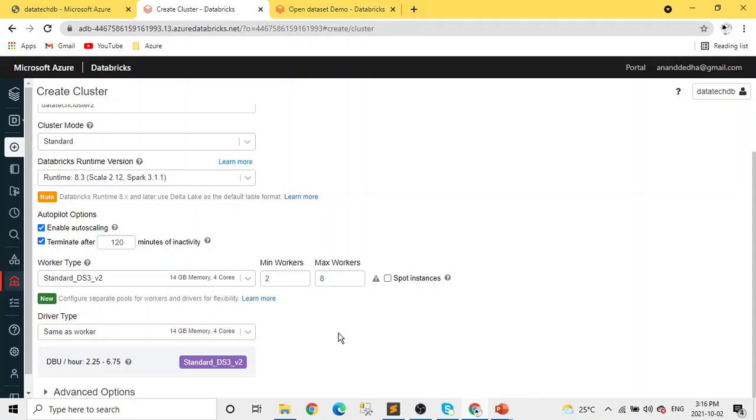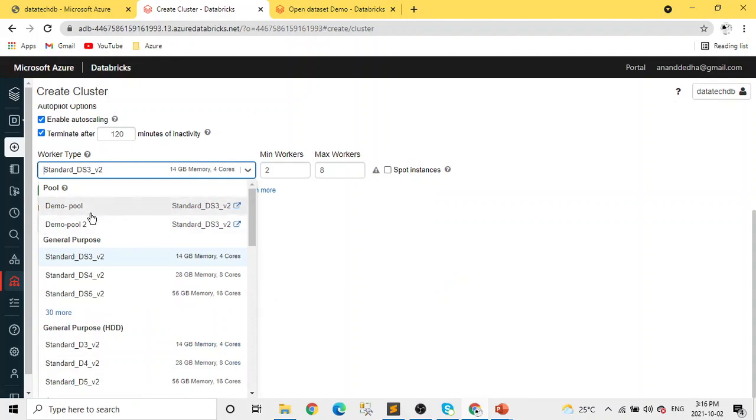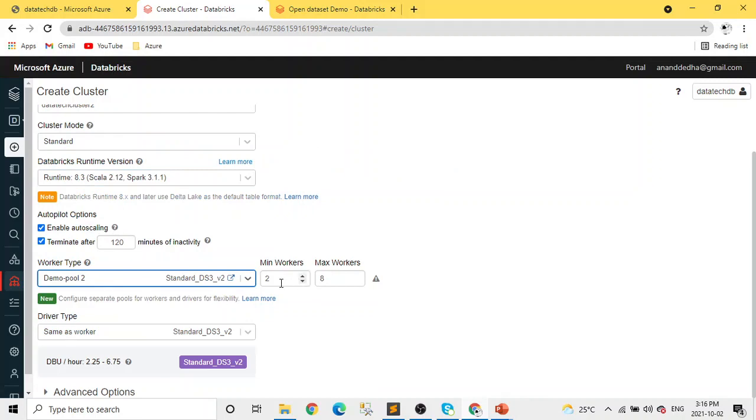And the pool thing I was mentioning to you. As I mentioned, pools keep the idle nodes ready to use. Here I've created two pools, I already had them. I'll show you how to create one, but here you can select which pool you want, if you want your worker types to come out of the pool. So for example, we started our jobs and it's a standard one. Let's say we have a job working on it using 3 or 4 workers at a time, but